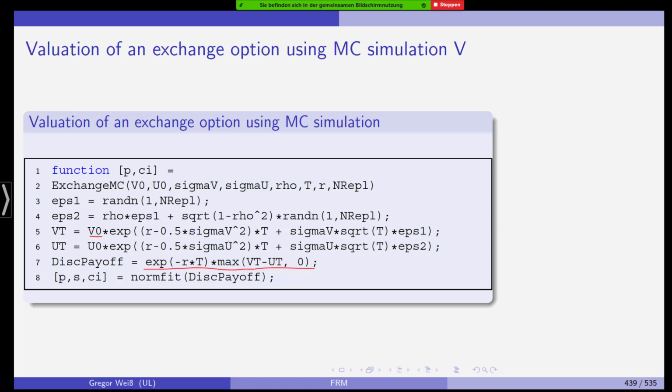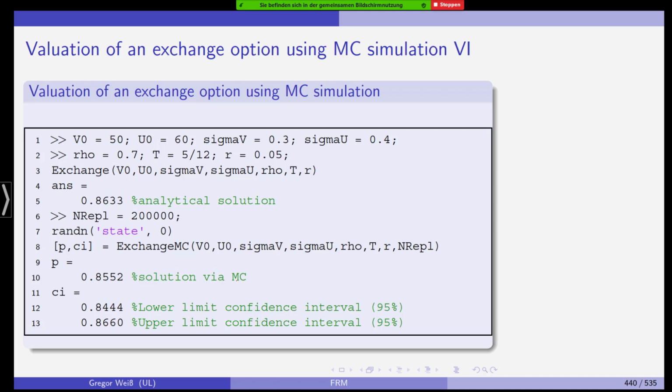Now to calculate the option, we could simply say average, the mean discounted payoff. What we do instead is we fit a normal distribution to the discounted payoff, which does not only give us the mean, the average, but it also gives us a confidence interval around the mean. So this is why we have P, S, and CI. And if we do this with these parameters, you can see the analytical solution from Black-Scholes is